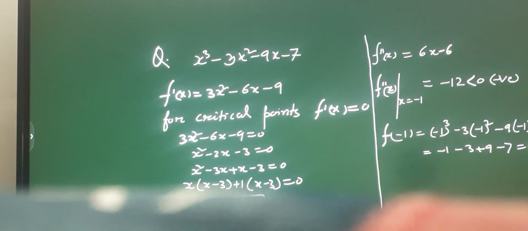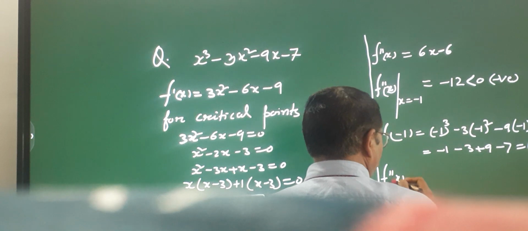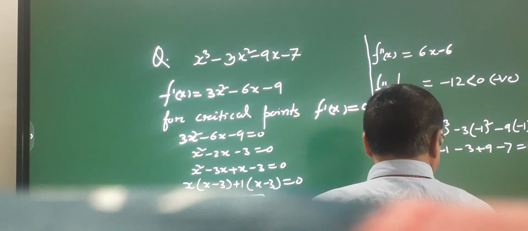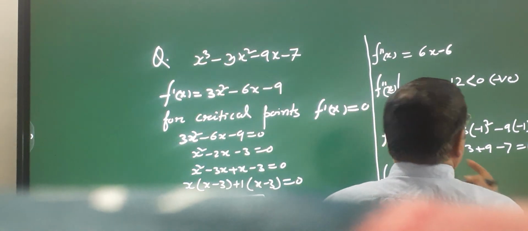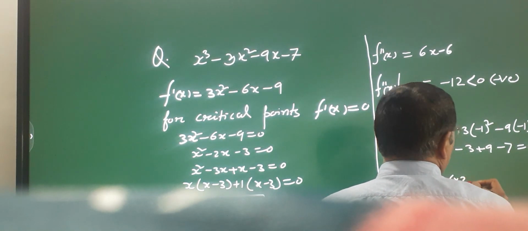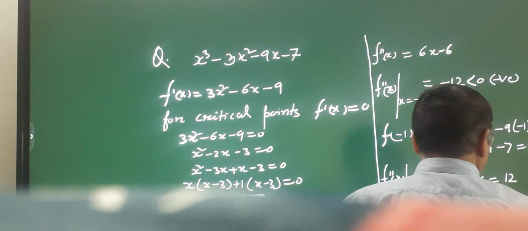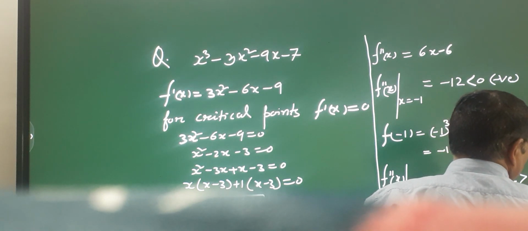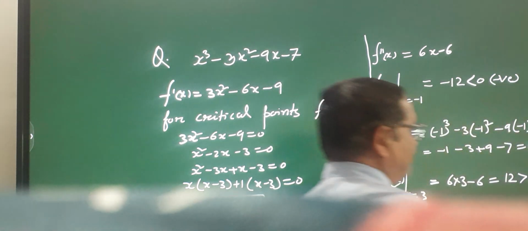So now go for another point. Function double dash x at x equal to what? Second point is 3. So go for calculation. नहीं, double derivative इसको रखेंगे. 6 into 3 minus 6, that is 12 coming. 12 means that is greater than 0, means the value will be minimum. Up to where it is clear?